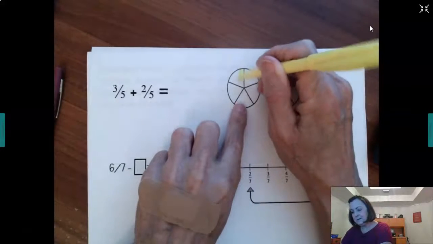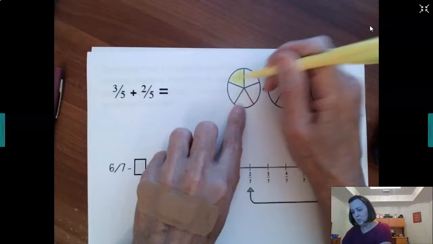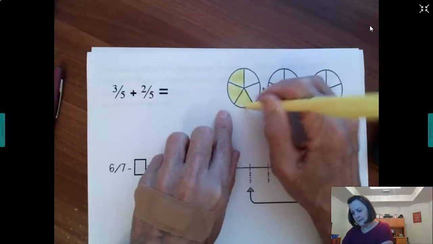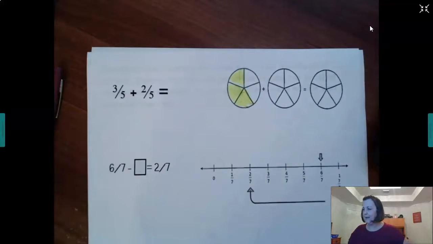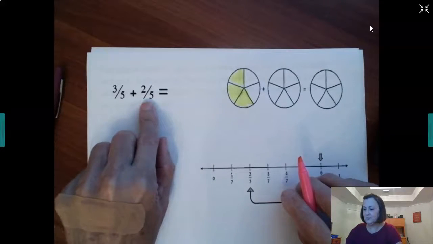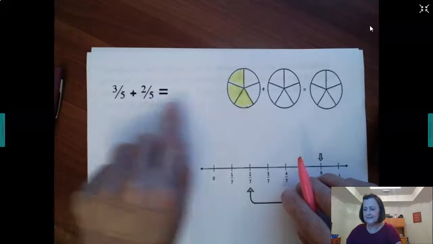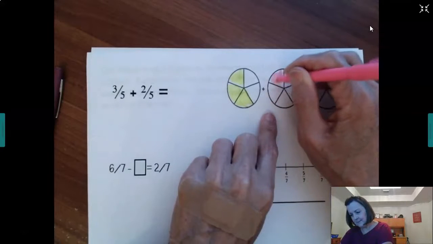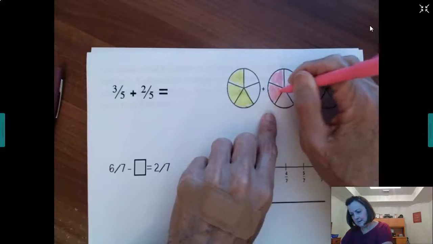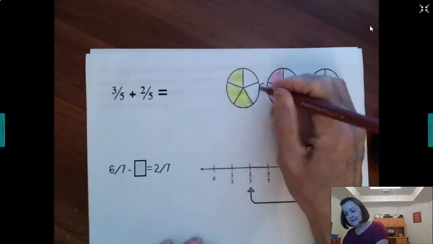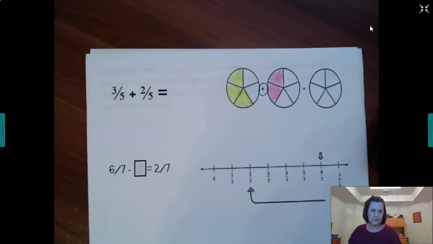And so I'm just going to start with this one and I'm going to shade 1, 2, 3. And my next favorite color, I'm going to use a pink highlighter and we're going to use this fraction, 2 out of 5, 2/5. And we're going to shade this model to represent 2/5. 1, 2. So if we were to combine those, because that's what this symbol is telling us, we're joining those together,